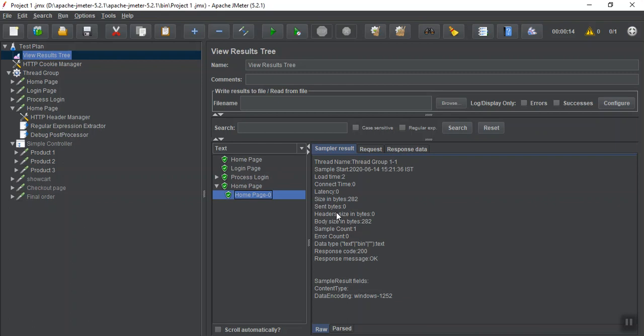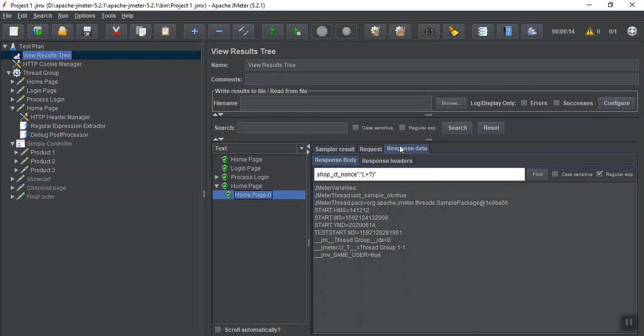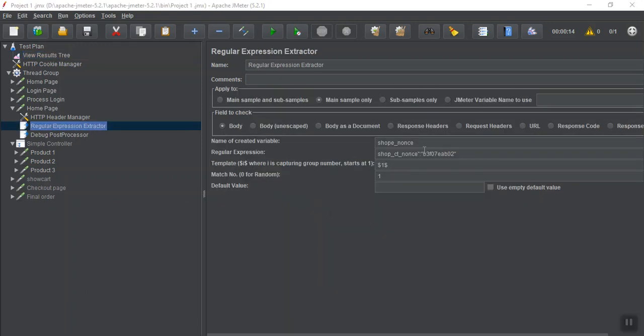Let's go here, and if we go to response data and response body, let me check it out. Just wait, be with me. Why is it... just a second. Sorry, I made a mistake here.